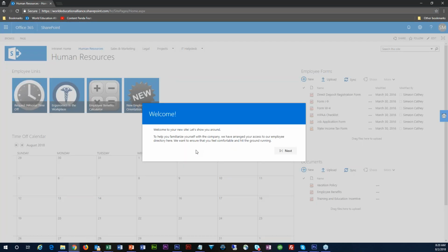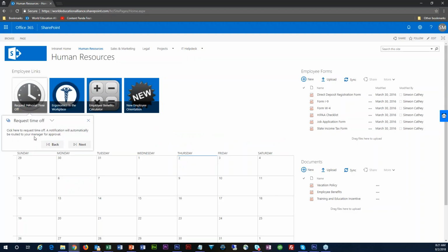And now with Content Panda, you'll recognize that pop up and say, hey, welcome. Now I have this one configured so that it only pops up the first time a user comes to this site. So once they're here and we point out a couple of key things, then we're done with that user, and from then on they should probably remember. And it's not that important. They can typically find their way around, but given the opportunity, let's give them a little tour on their first time in. So a little welcome message, user can click next,